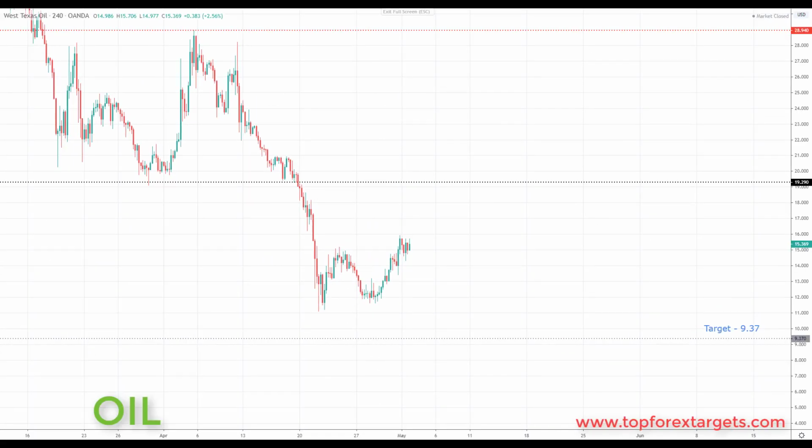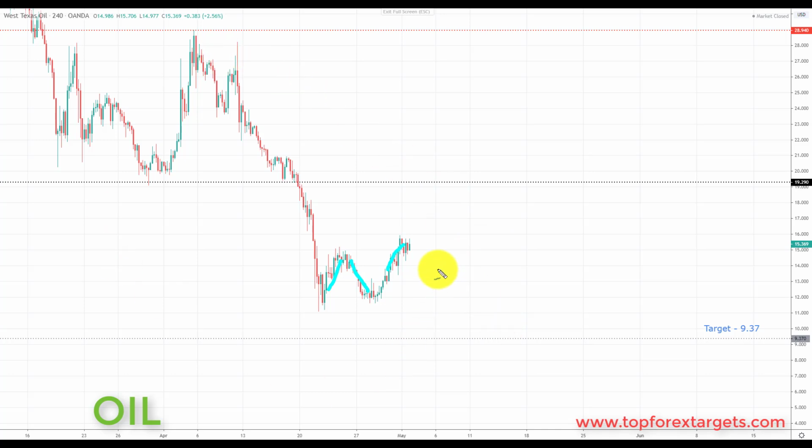So the next market we're going to look at is crude oil. Now, last week we highlighted the 19.29 as an area to start to look for a pullback in this market. We have started to correct towards the 19.29, and as it stands, we're simply viewing this as an A, B, C correction, and we would still favor short positions in crude oil only.